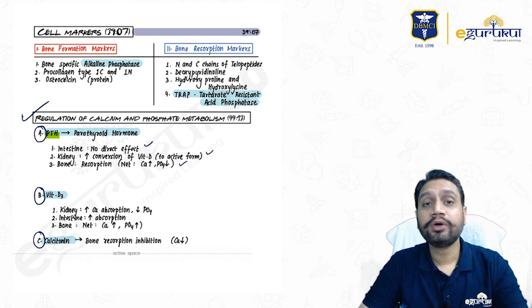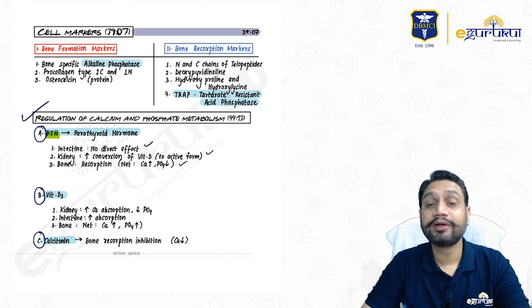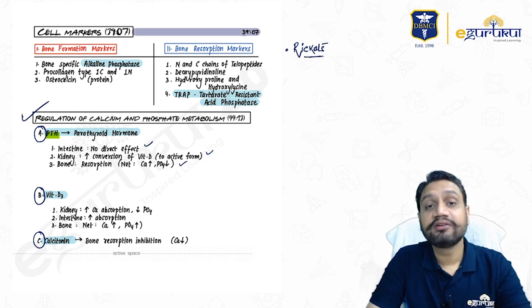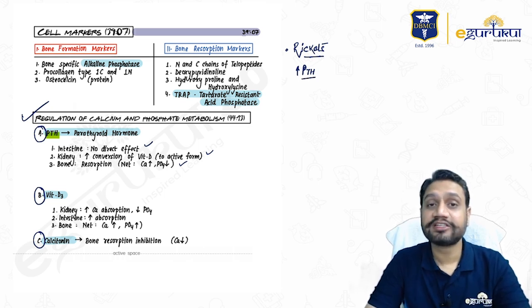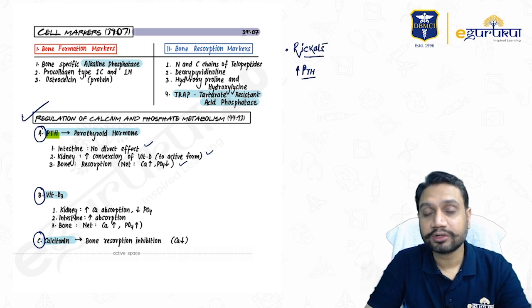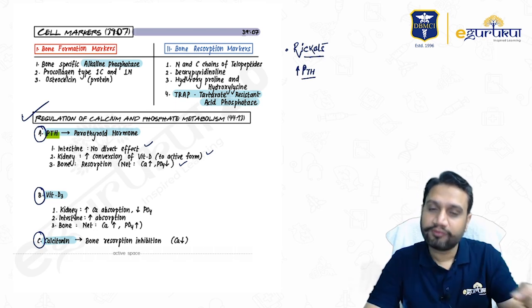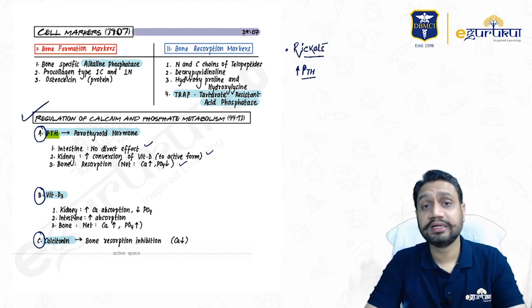Anyhow, if the patient has a decrease in serum calcium, for example, in which condition? We discussed the disorders where the patient can have a decrease in calcium, for example, in rickets. Whenever there is a child suffering from calcium deficiency rickets, in that particular child there will be a rise in parathyroid hormone. Why? Because it is trying to maintain the serum calcium level. By these effects, it will not allow excretion from the kidneys or the intestine, or it will just absorb from the bones to maintain the serum levels.